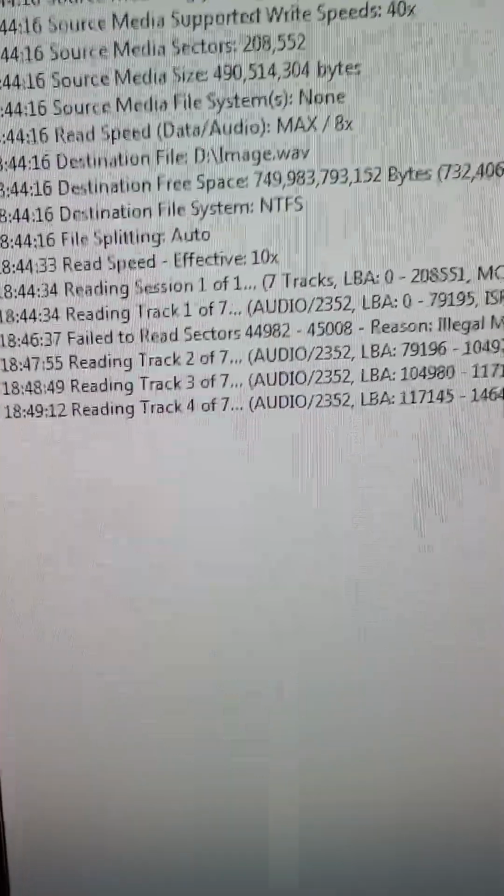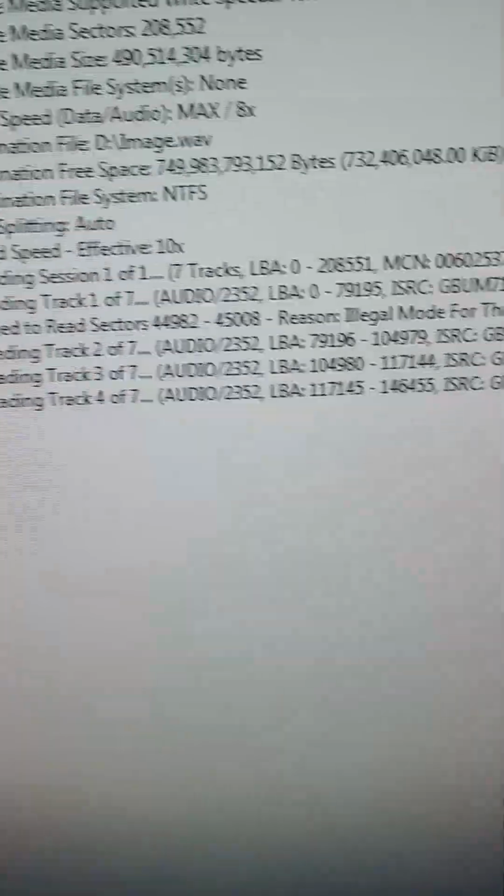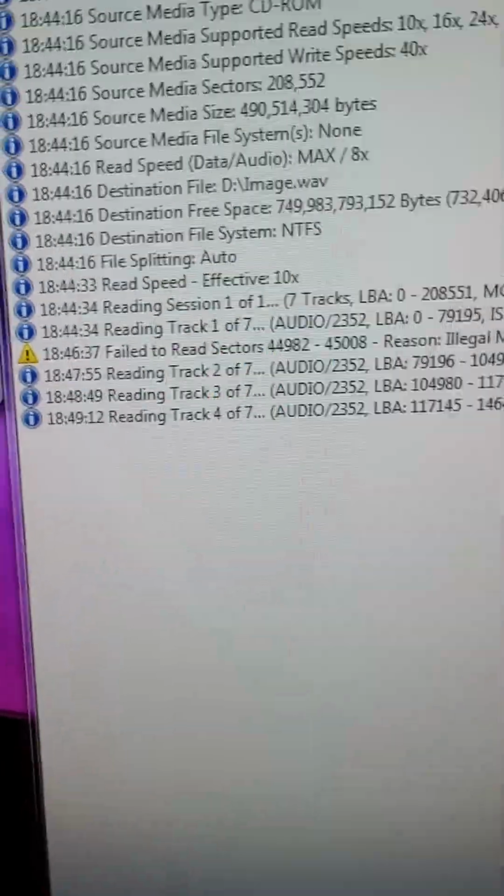So we're a little bit further into it. Reading session 101, 7 tracks. Reading track 1 of 7, 2, 3, 4. So it's reading, it's just like there's a part where it doesn't understand or something. I might have to try this as a bin instead of a wave later, see if that resolves anything, because I can always open the bin as raw data and then convert it back over to audio. But this is almost done, so I'll be back after it completes and then we'll show you the